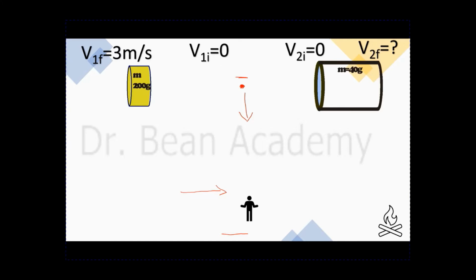Of course, because when the boy places the firecracker inside the can, it was burning, and because of the burning, gas accumulated in the can. When it reaches the maximum height, the pressure of the gases was too much, so it explodes. Because of the explosion, the wooden block will move this way and the can will move this way according to the orientation we have chosen. So before the explosion, their velocities were 0, and after the explosion they gave us that the wooden block moves with a speed of 3 meter per second,